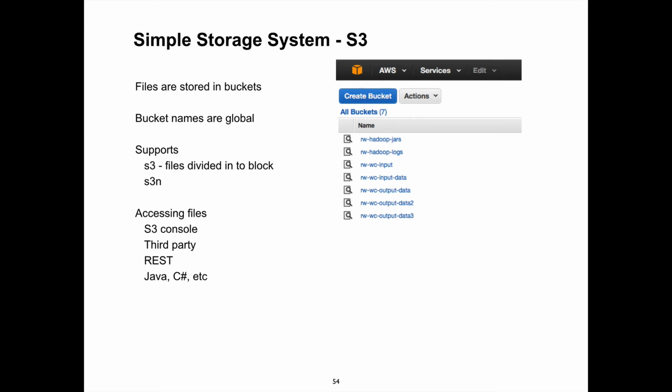And if you want, you can actually write a program to interact with S3. A lot of people do that, right? It's very cheap storage, and so when S3 came out, I know people who said, okay, I can just write a little program and upload my entire hard drive to it. It is so cheap.